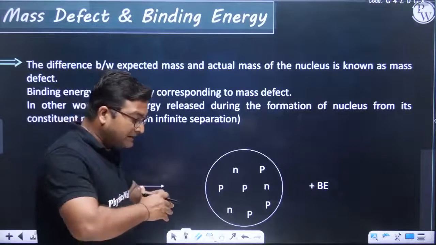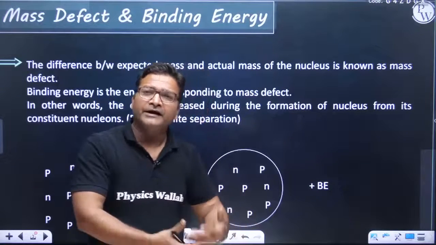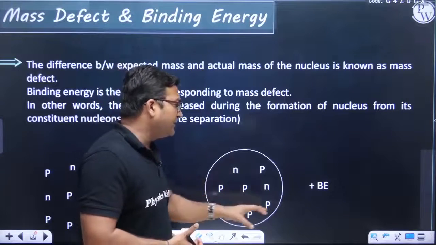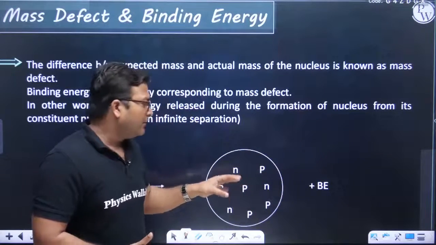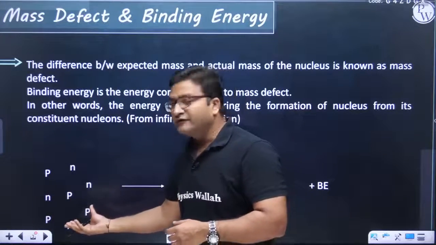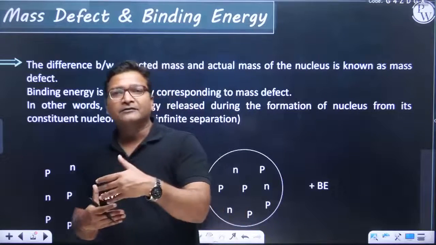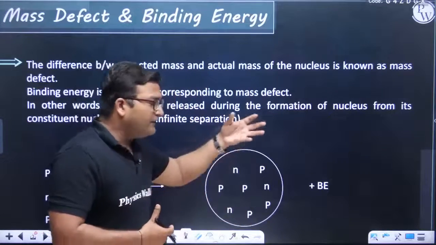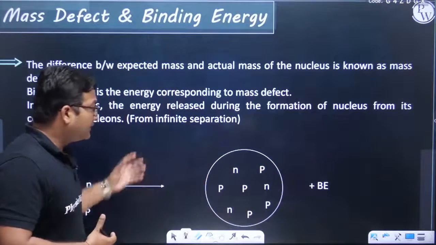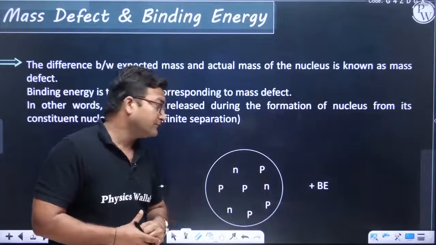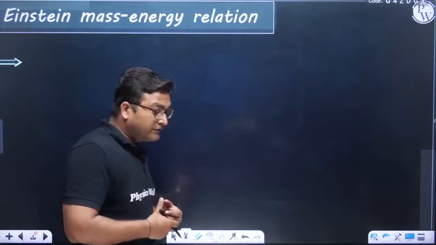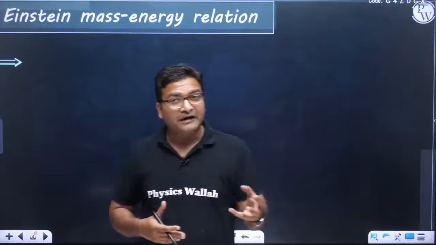So always remember, mass can be converted into energy, and energy can also be converted into mass. Conceptually, theoretically, if you give this nucleus this energy in a proper manner, this nucleus will be split into the constituent protons and neutrons, and mass will be gained back. So in fact, in nature we see examples where mass is converted into energy and energy is converted into mass. I think you understood this, and let us now understand the Einstein relation, through which we can convert mass defect into energy.